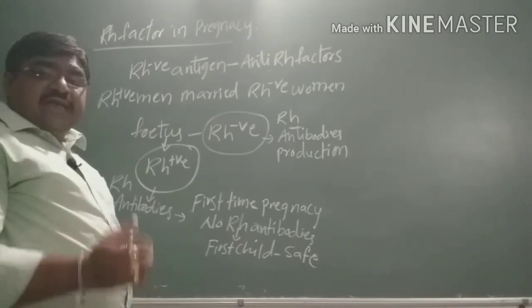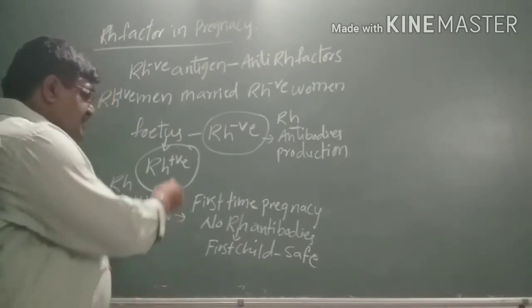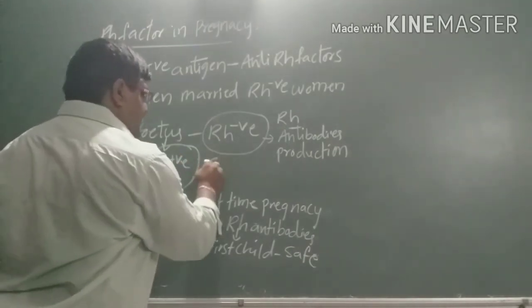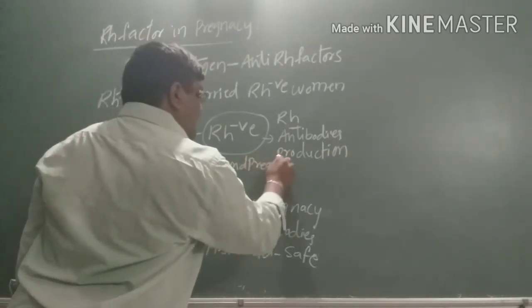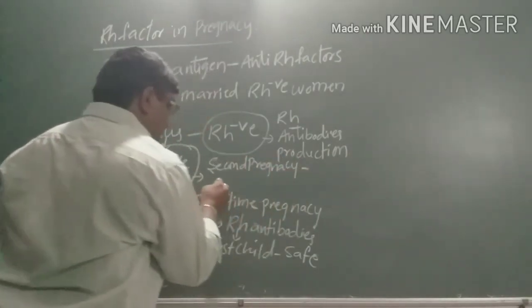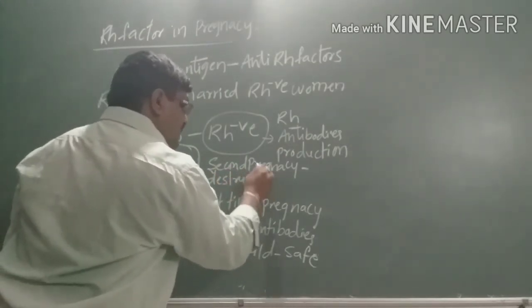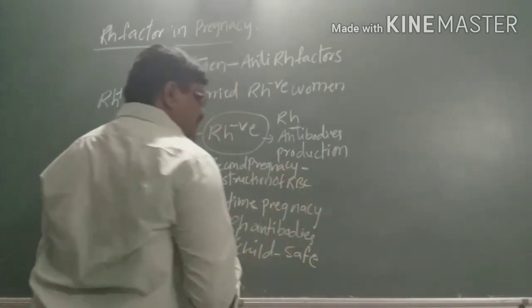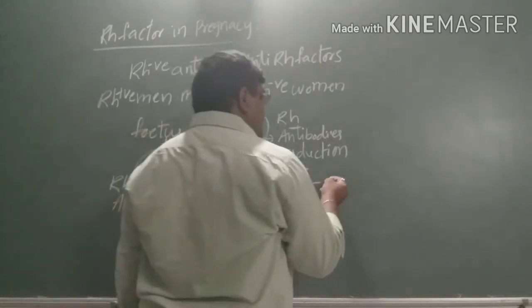here the antibodies are already produced. Those antibodies will help in the destruction of the second pregnancy's RBC. So due to the destruction of RBC, this condition we can call